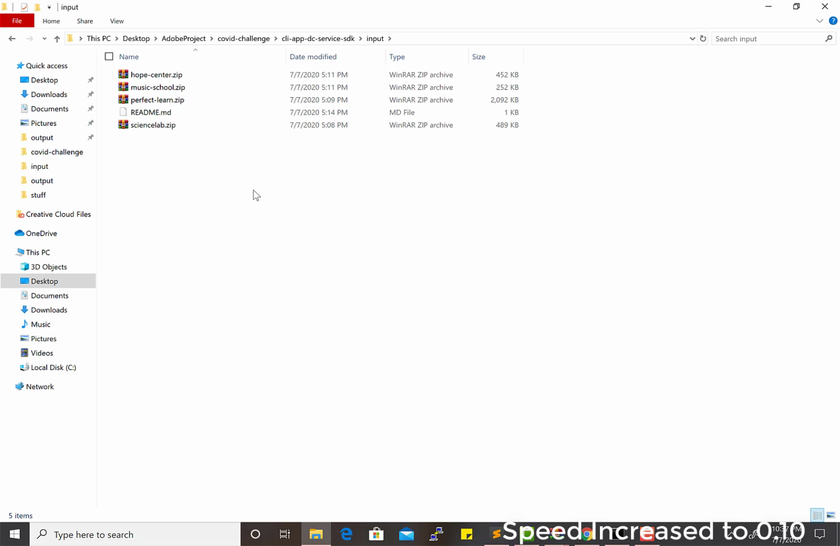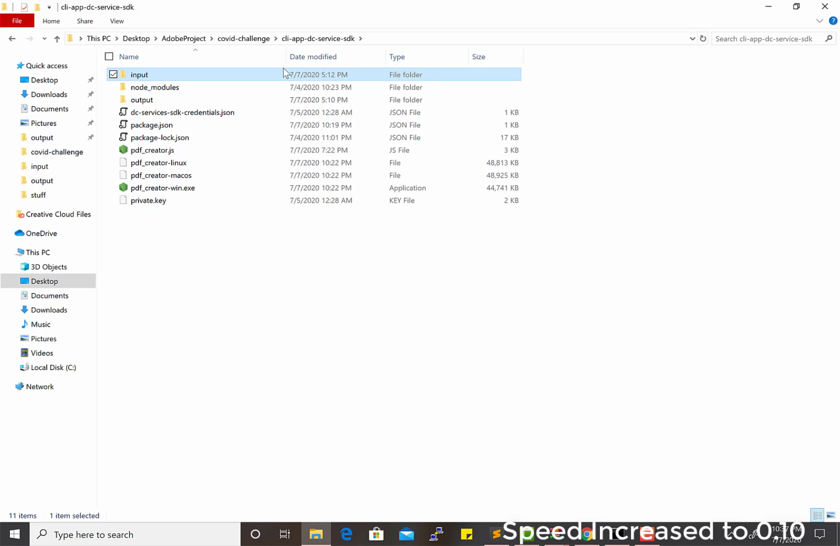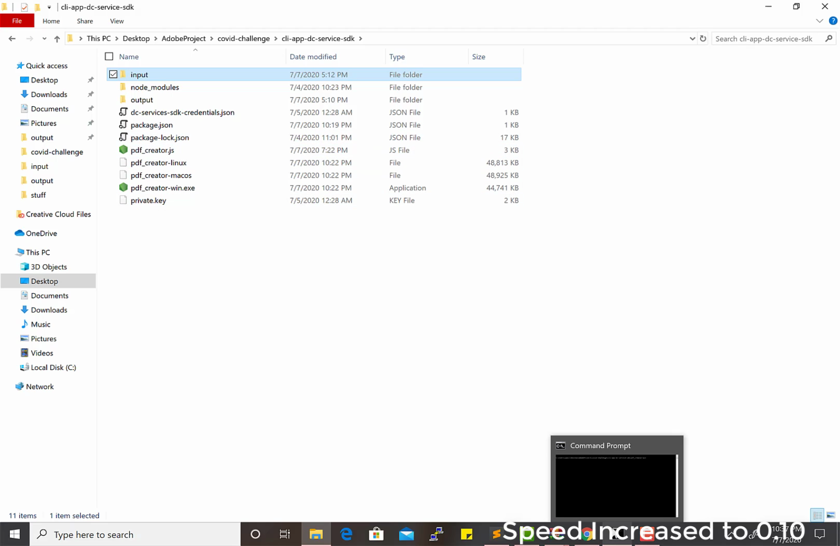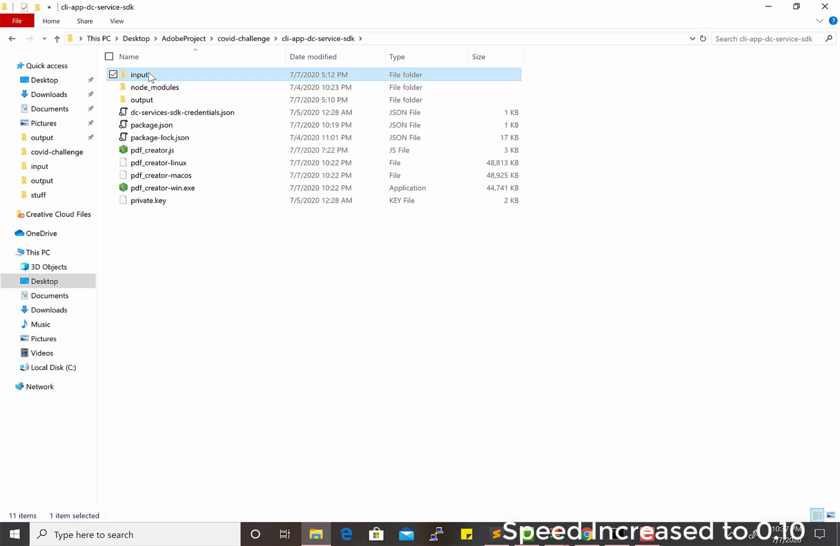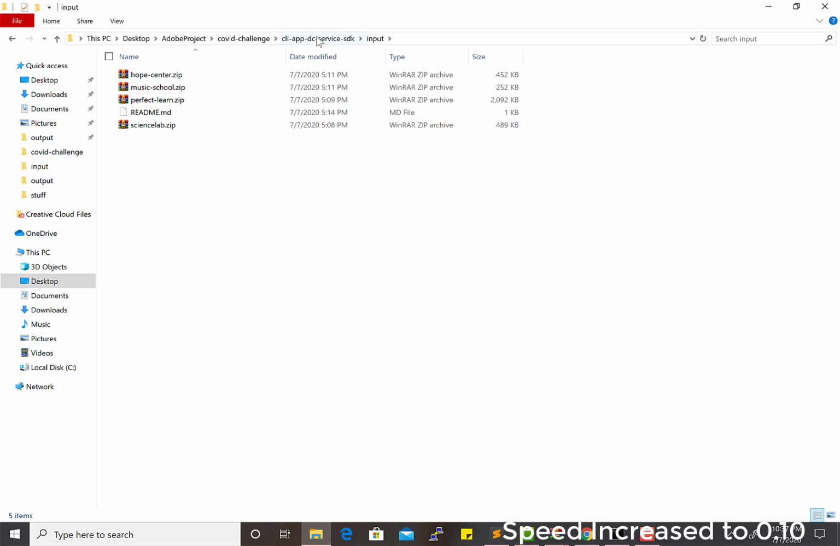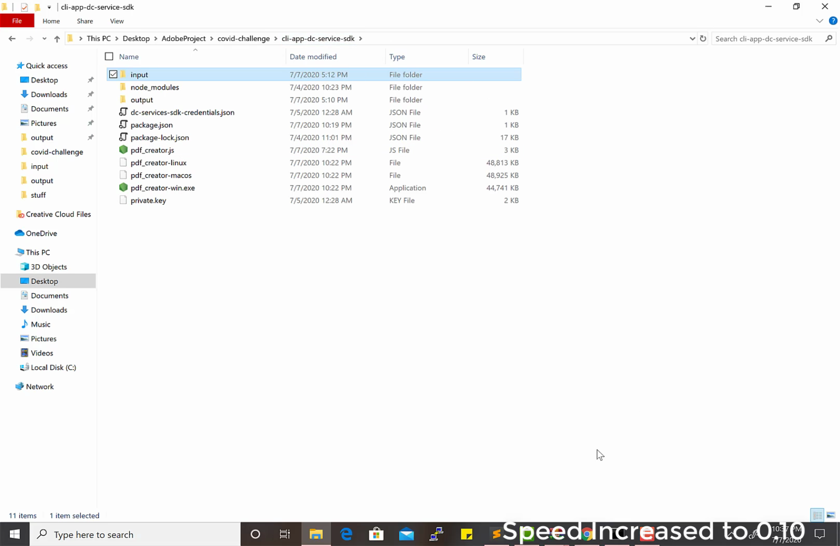So since the use case is about helping with the education, I wanted to have PDF related to education. So I downloaded HTML templates. So if I want to convert from HTML to PDF, then all I have to do is to